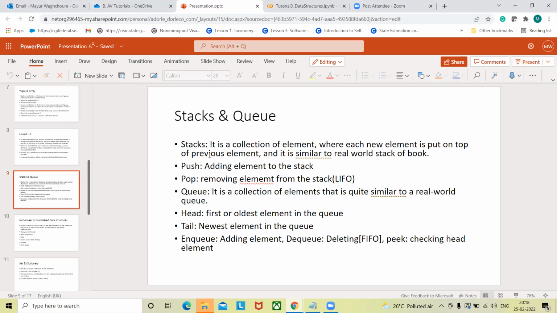If you observe a stack of books, we generally put a new book on top of the pile of previous books, and we keep piling things up, and that's how we build the entire stack. In a similar way, in the stack data structure, whenever we have to add a new element to an already existing stack or pile,